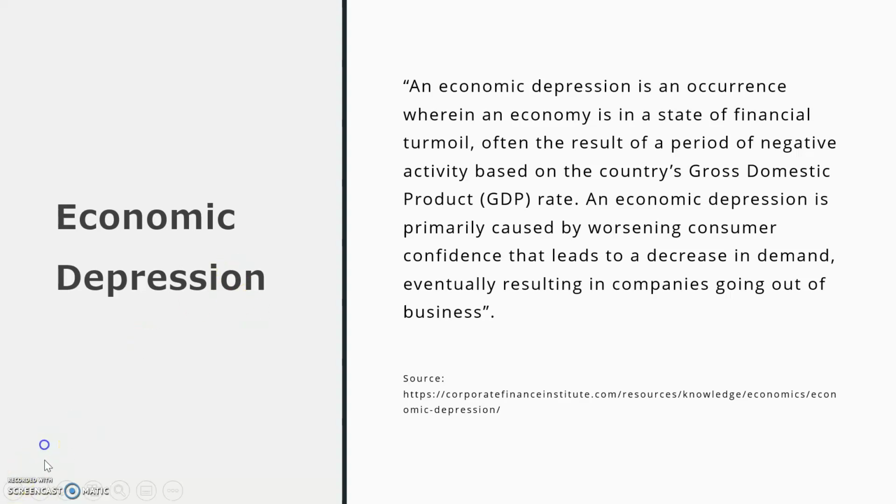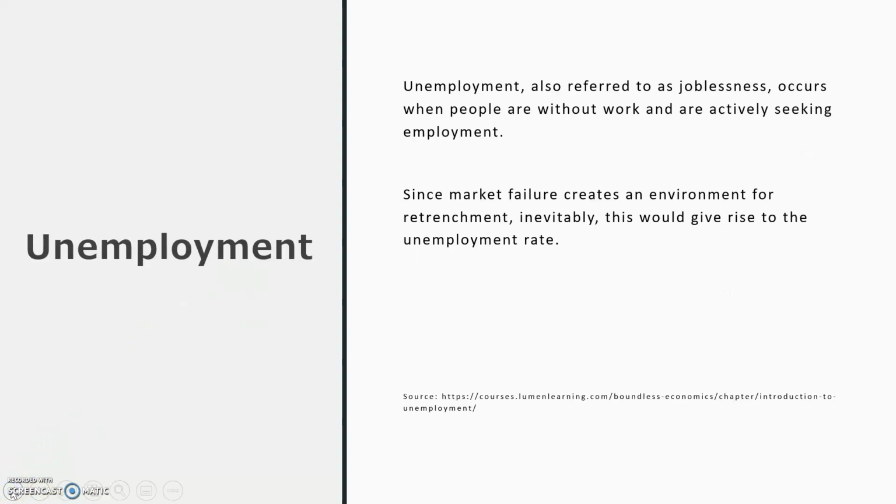Looks like I went a bit ahead. Let's go back. Great. So if market failure creates a situation where there is the underproduction of goods within a society, it means that there are some persons who could be employed, but there are perhaps missing markets, and so they are not able to find jobs because the economy is not producing at the level that it could.